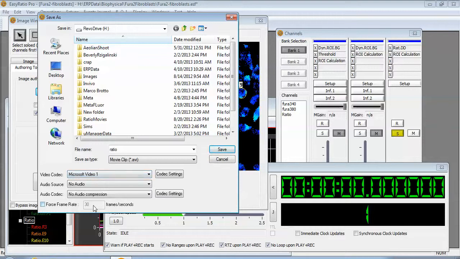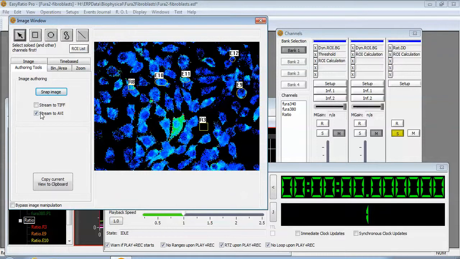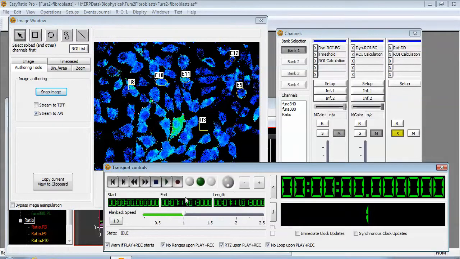Next, we can force the frame rate to a specific frame rate. I'm going to choose 30 frames per second for this example. Now that we've done this, we say Save. Notice the checkbox is activated. Next, simply hit play,